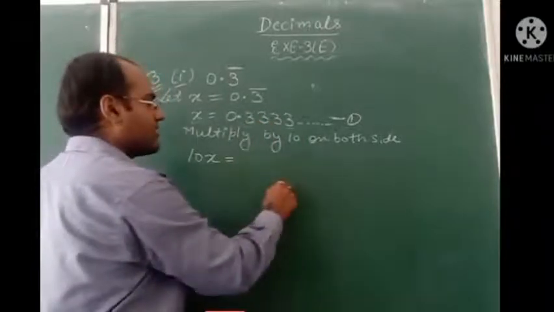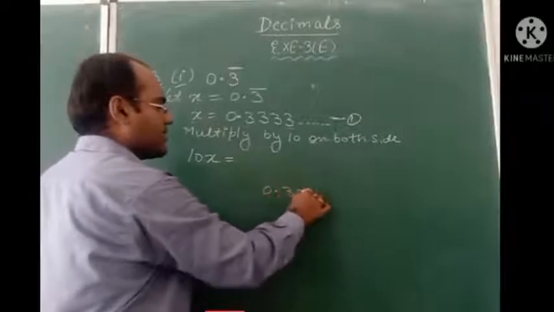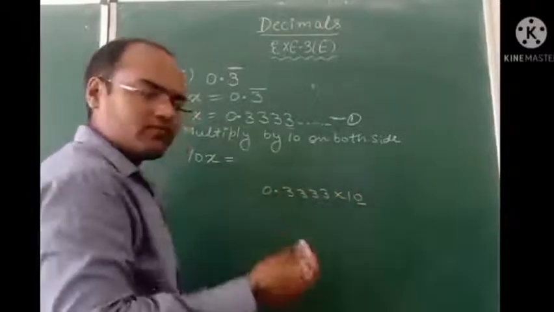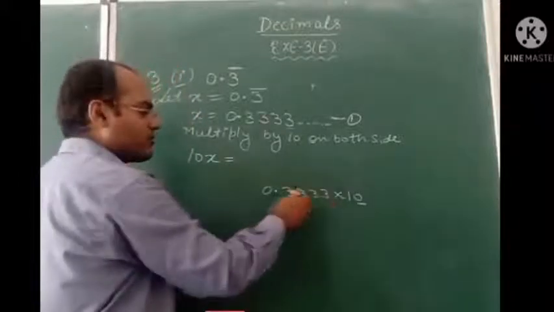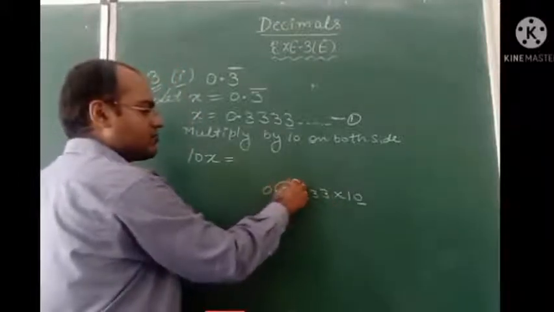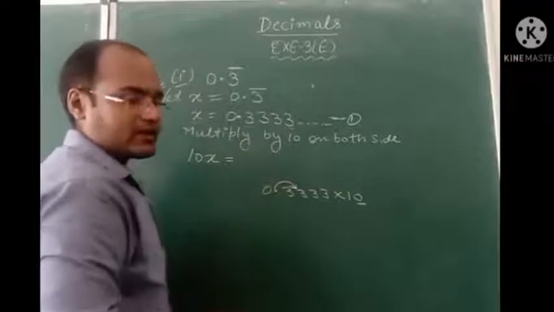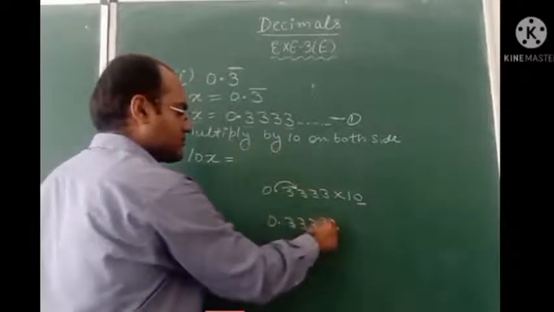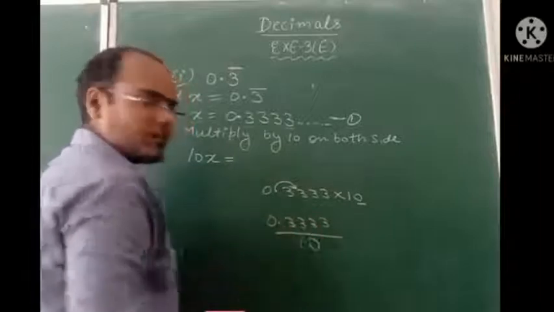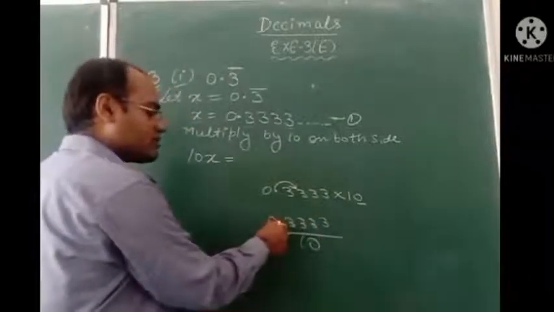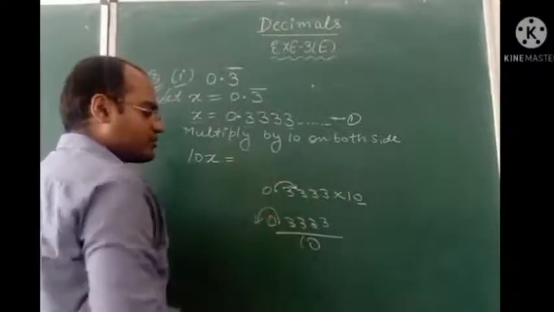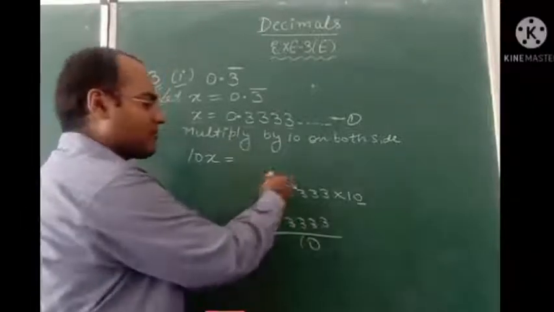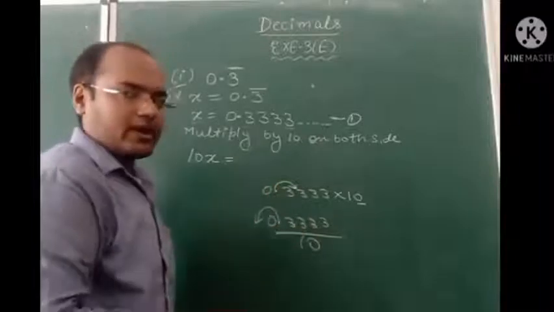Because whenever we have to multiply any number by 10, how many zeros are coming here? Only one zero is coming. So when we will multiply with 10, this point will shift one place right. And when we will divide with 10, then on dividing by 10, this point will shift one place left. So on dividing it, decimal will shift to left place, and on multiplying it, decimal will shift to right place.